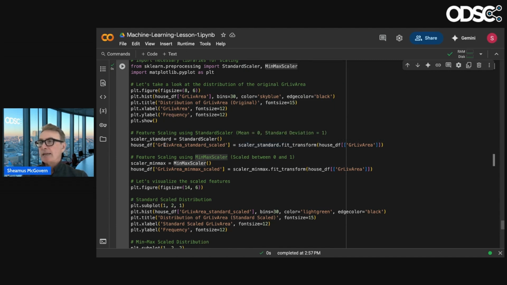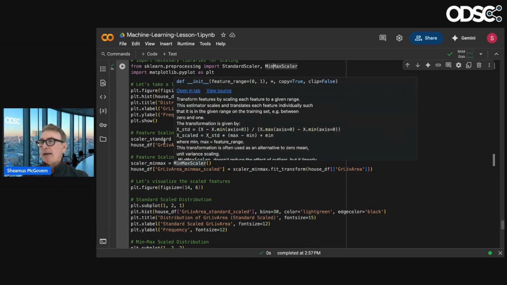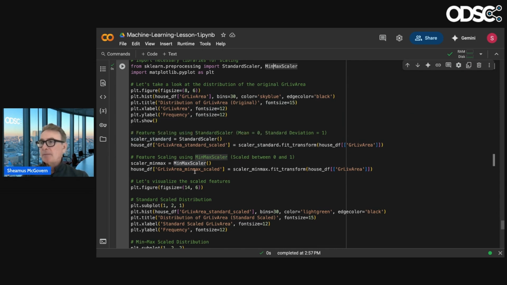And then we're assigning that to, oh, actually I didn't do this wrong. I was smart enough to give it two new columns, group standard scale. So that's a new column within the house data frame. And here I'm doing similar, but using normalization, min-max, when creating a new function. So I actually have three columns around group living area now: group living area, the standard scaled, and the min-max scaled.